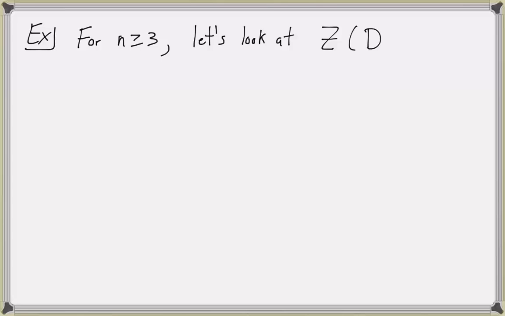Now let's look at an example of a center of a group. So for n greater than or equal to 3, consider the dihedral group of order 2n. So let's look at the center of the dihedral group of order 2n. So recall the dihedral group consists of all the symmetries of a regular n-gon,